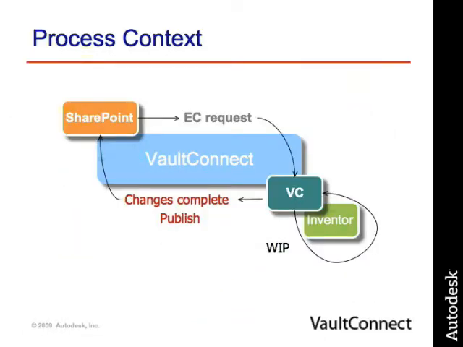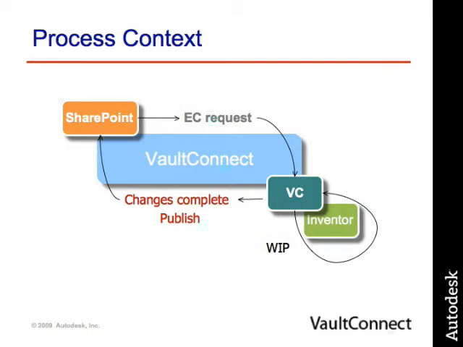This diagram illustrates how Vault collaboration interacts with SharePoint. The demonstration sequences start with setting the stage in SharePoint and noting the data that exists and will be changed. This will be followed by highlighting the Vault collaboration environment. Within Vault collaboration, data will be modified and initiation of the data transfer from Vault collaboration to SharePoint will be